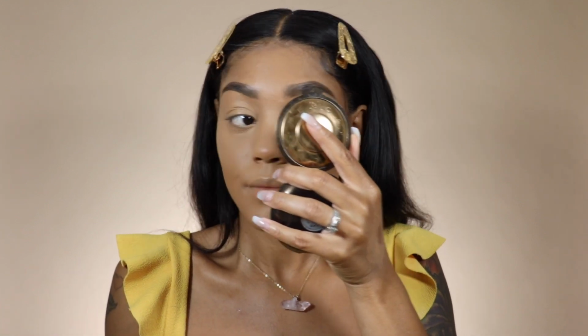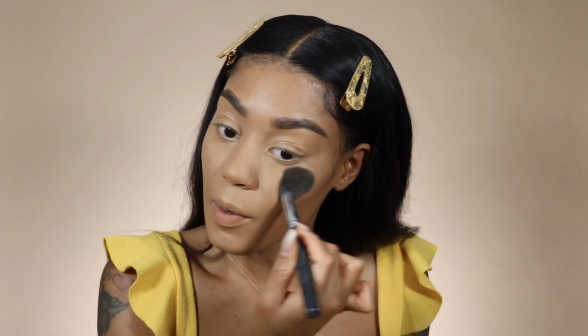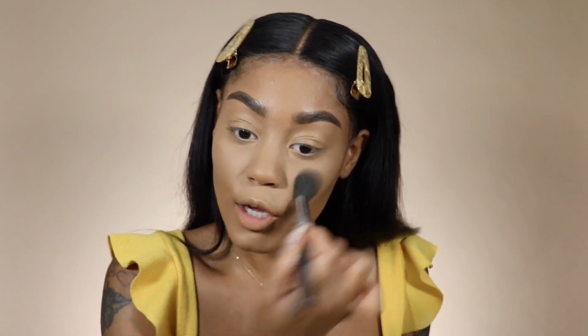Boom. So even with setting powder, this does not feel matte at all. This foundation feels so good on my skin. I mean, it feels a tad bit tight, but once I spray it with some setting spray, I think it'll be perfectly fine. So in all honesty, I'm actually just gonna set the parts of my face where I actually get super oily,